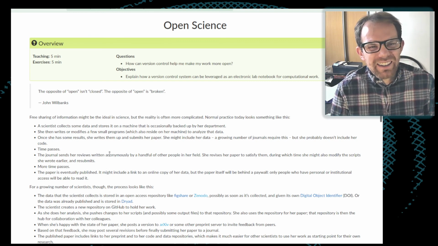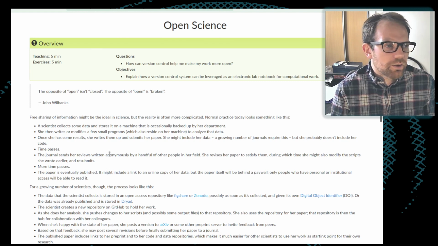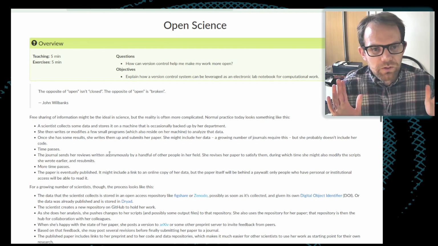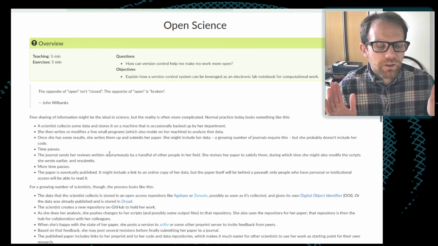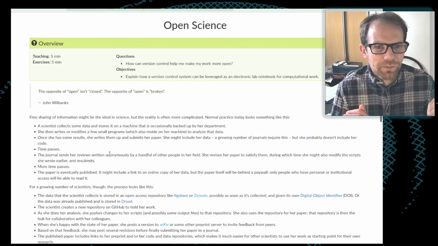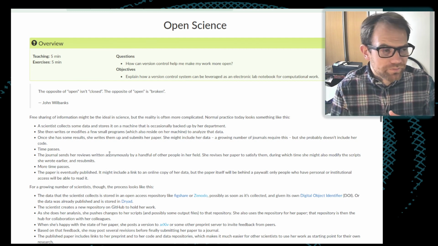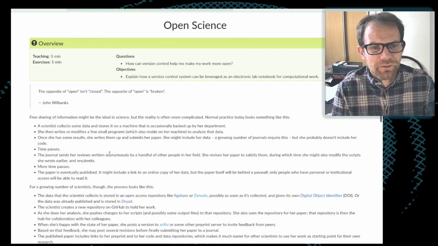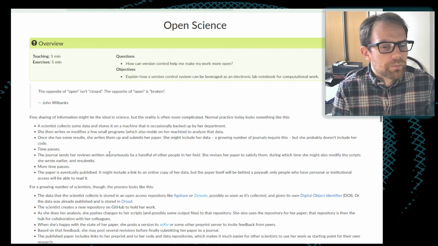So in the past, and to some extent still nowadays, people's approach to distributing software might be that you write a paper, you do some analysis in this paper, and then you have your software, and you say the code to reproduce these results is available upon application. I suspect we've all encountered a paper like this, and you are invited to email somebody whose email address may have changed, they may have stopped working in the field, whatever. It's kind of frustrating, and you end up finding yourself just not doing it.